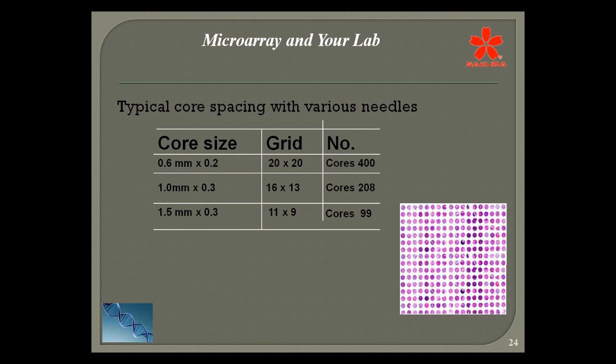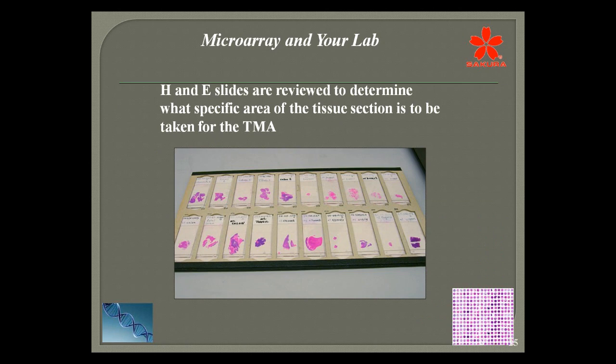This is just showing the core size and the grid and the number of cores that you can normally get. And then you can see on the immediate right in the corner an array H&E stain that's just showing all of the cores that are lined up. It's really something that's pretty neat, very nicely organized, and we're going to talk about the construction of these and show you that it's not really a difficult challenge to do. It is tedious. It is a little time, but the rewards are considerably